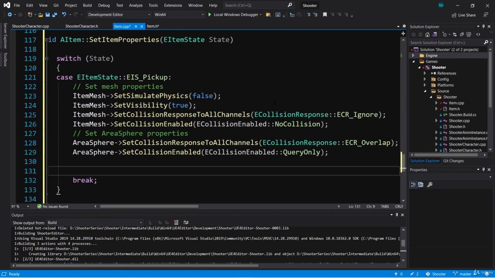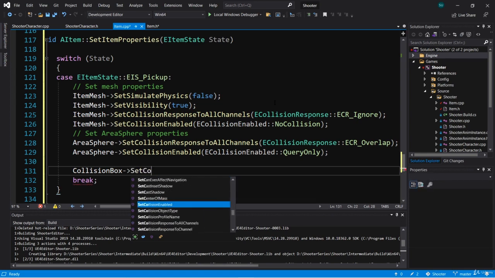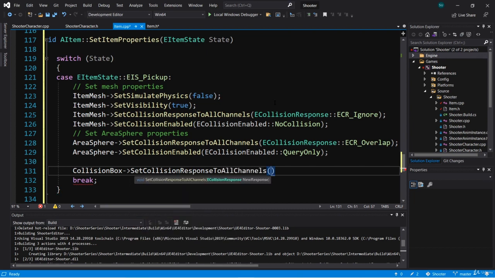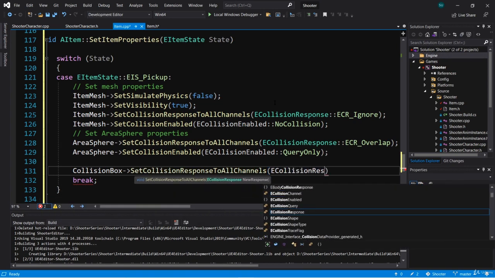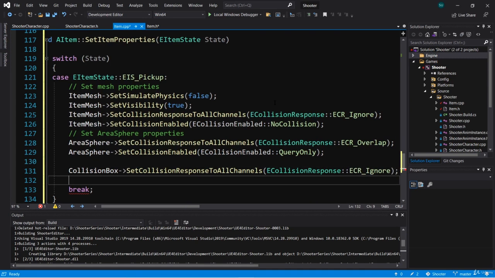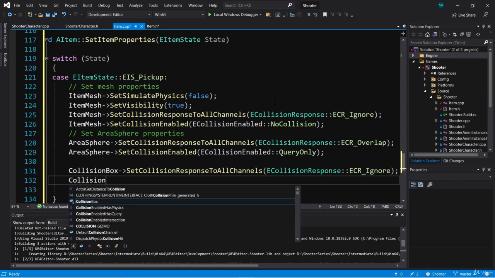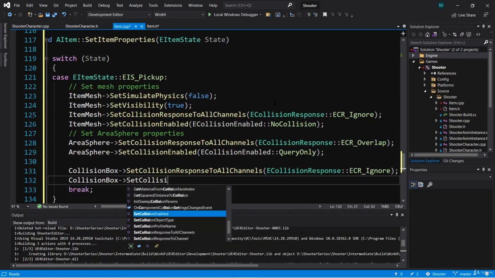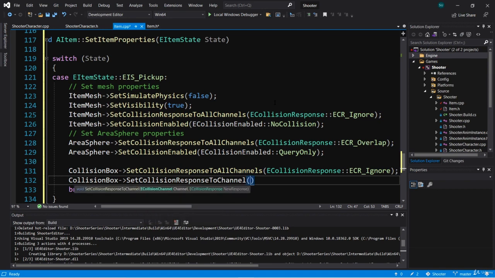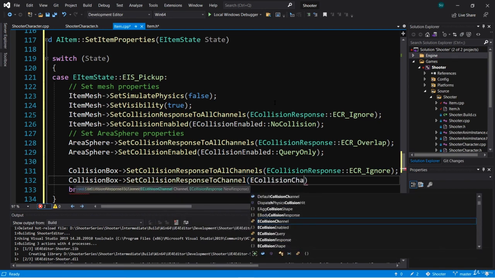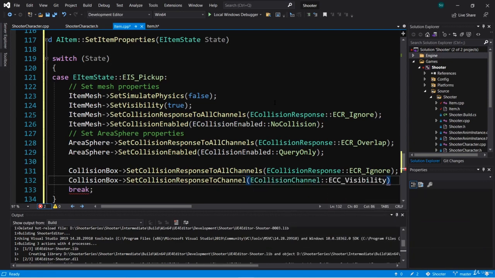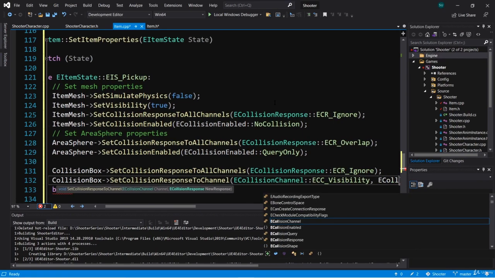Okay, next we can set the properties for the collision box. Now for the collision box, we're going to set the response to all channels. So set collision response to all channels. And we're going to first set this to ignore. So eCollision response, and we're going to choose ignore. But then we can set the response to visibility to block so that it can block for the line traces. So collision box, set collision response to channel, and this requires a channel, so eCollision channel, and this will be the visibility channel, and we'll set this one to block, so eCollision response